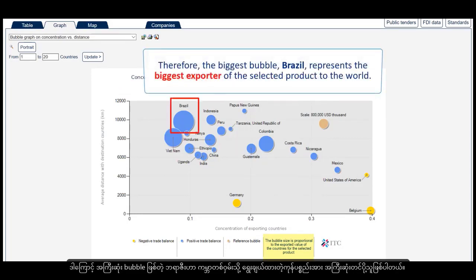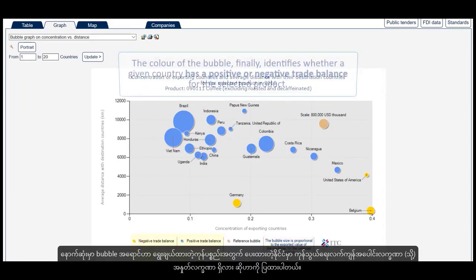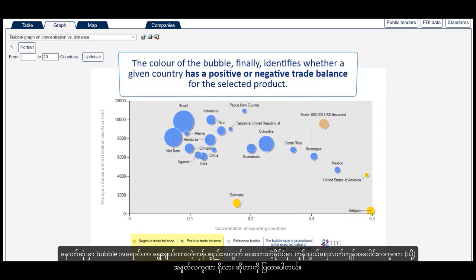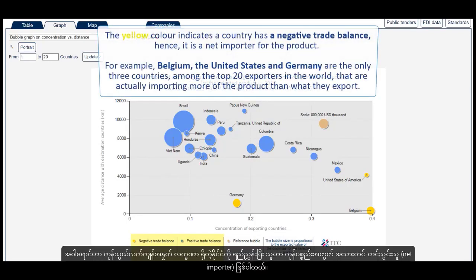Therefore, the biggest bubble, Brazil, represents the biggest exporter of the selected product to the world. The color of the bubble, finally, identifies whether a given country has a positive or negative trade balance for the selected product. The yellow color indicates a country has a negative trade balance, hence it is a net importer for